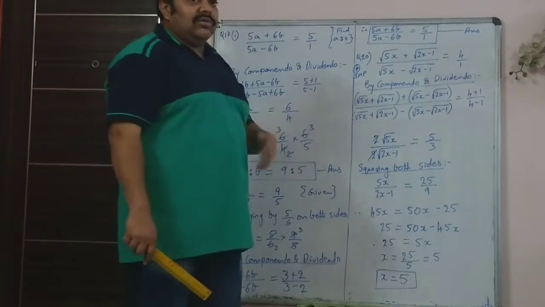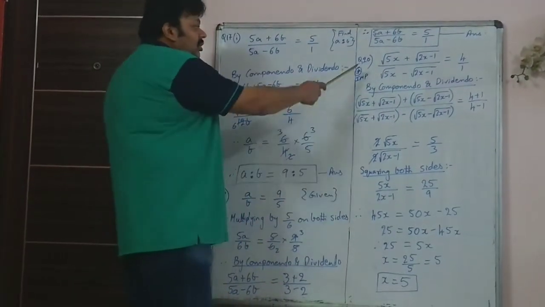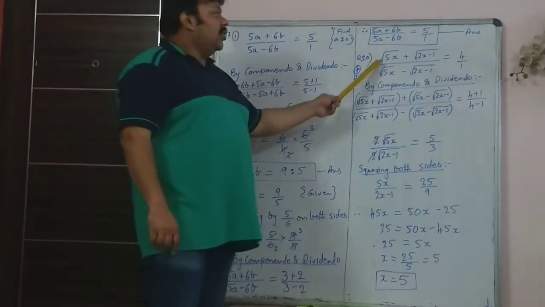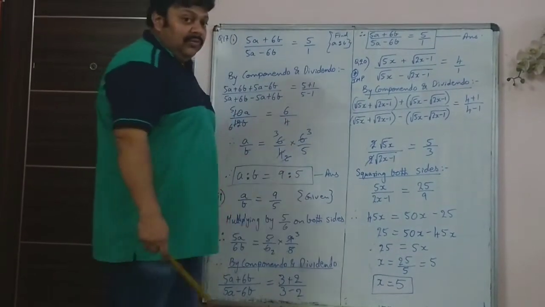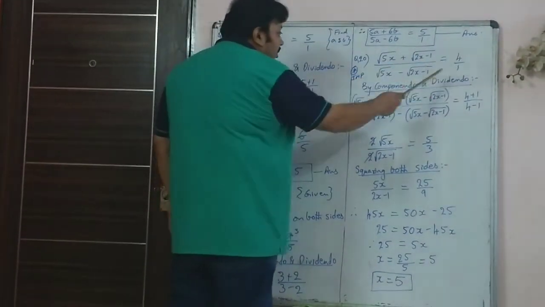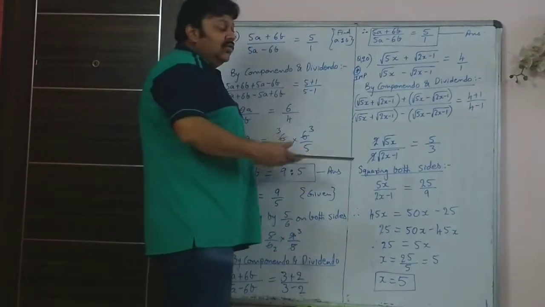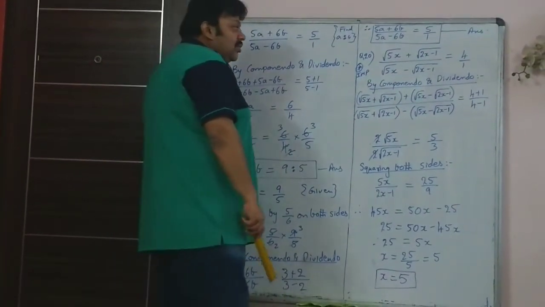Now as I told you, some of the sums 18, 19 we will be doing it on Zoom. So now I am going to the 20th sum, which is another important sum. Again, when you look at it immediately, see in the question paper, this is one of the simplest questions, because when you look at it, everything is same, only there is a difference in sign. So you use componendo dividendo. So that becomes very simple to remember.